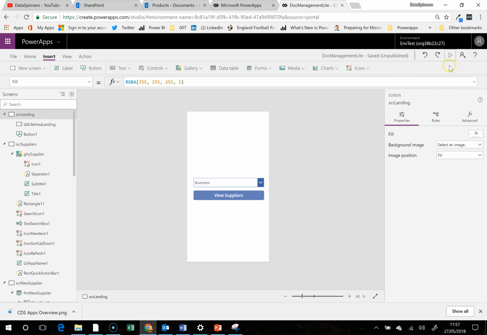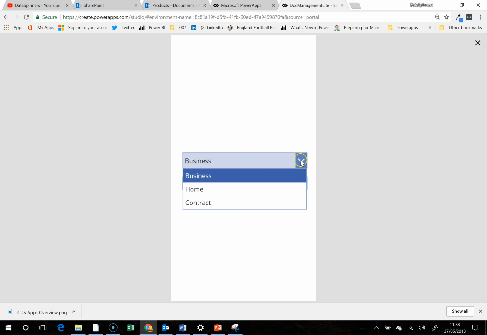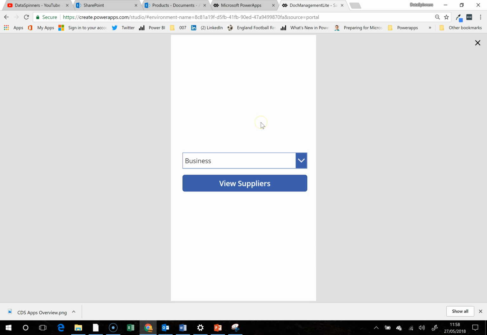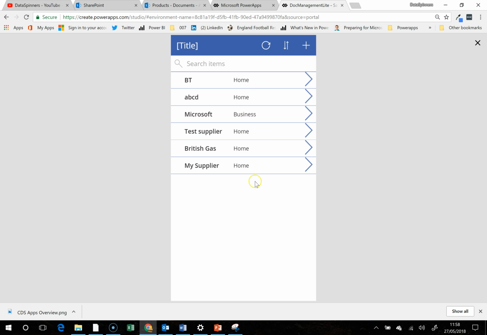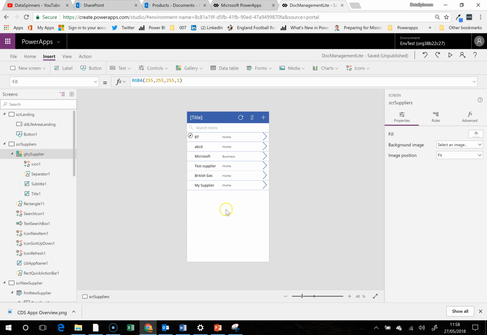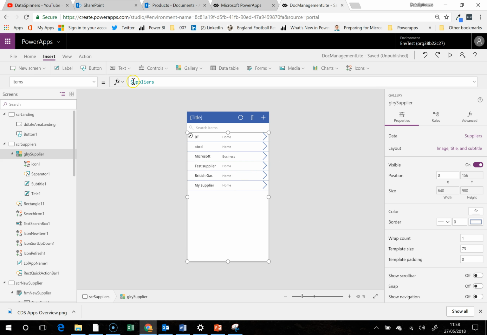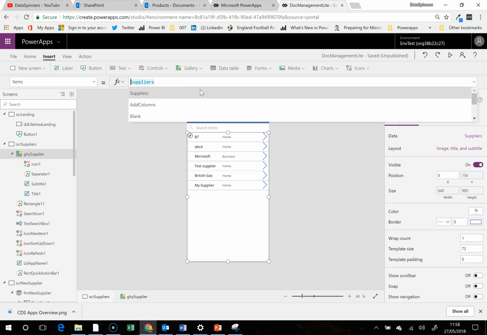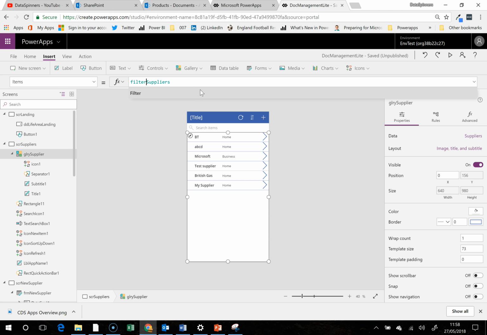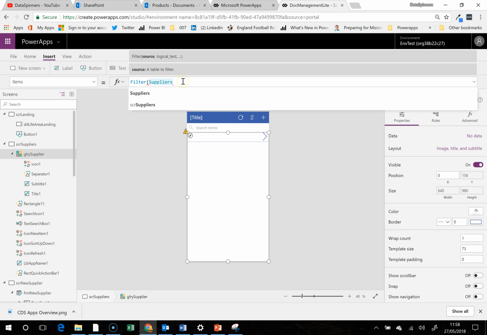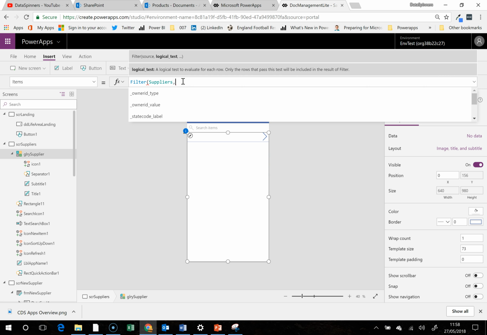And what it's going to do is go on to, in fact, home is the only thing that we've got, which is slightly annoying. We probably need some more things. We'll go to view suppliers. And we've obviously got a business one. Awesome. And the reason for that is because I'm going to change the way in which this filters. So on our supplier screen, we're going to do filter suppliers, so that, let's think now,